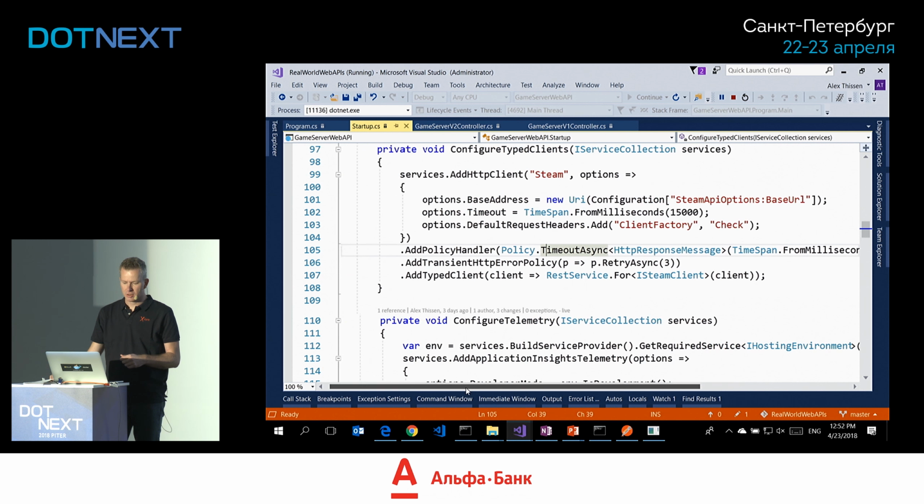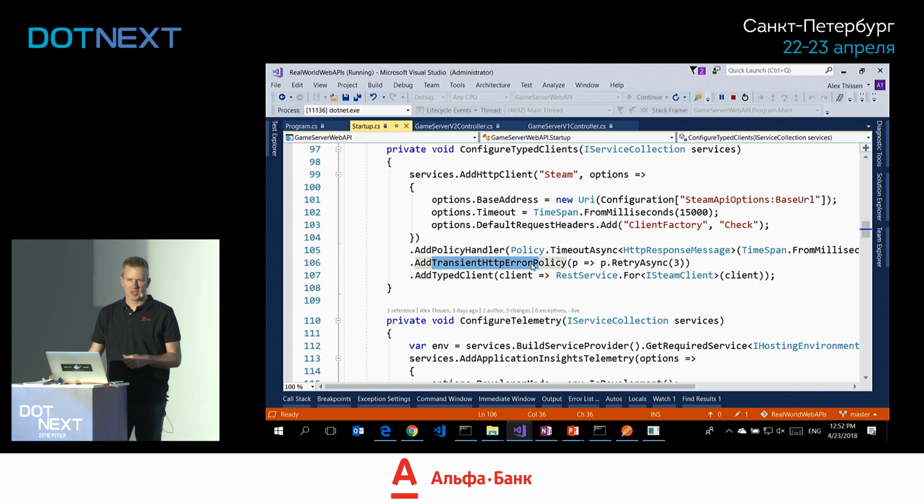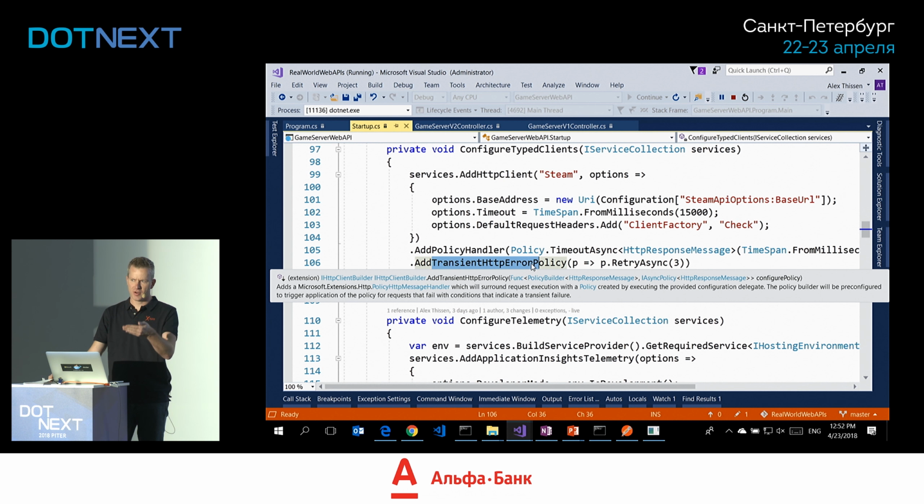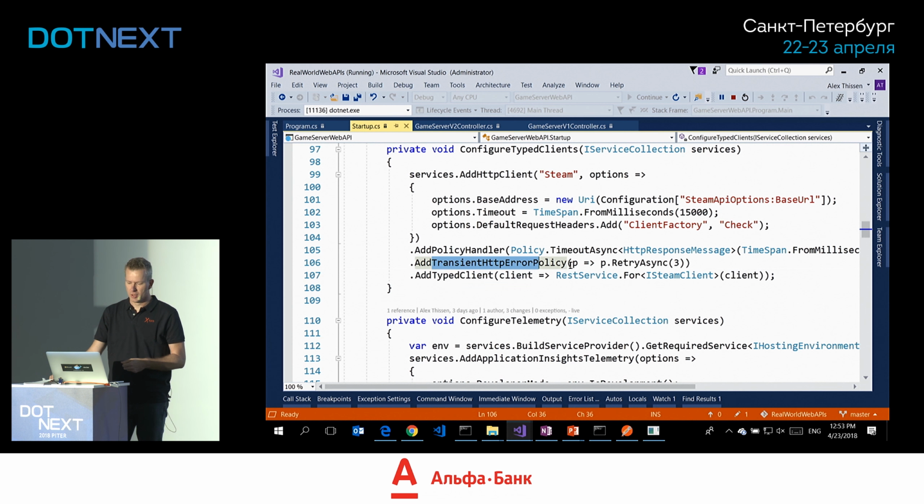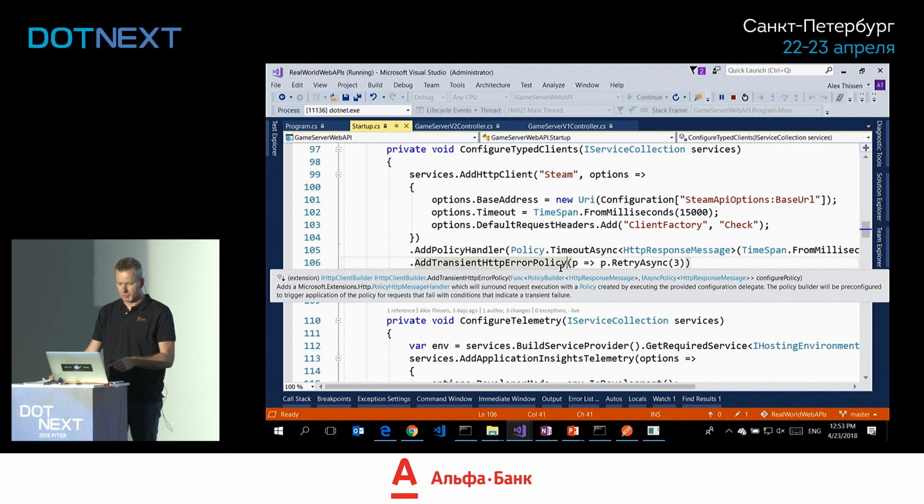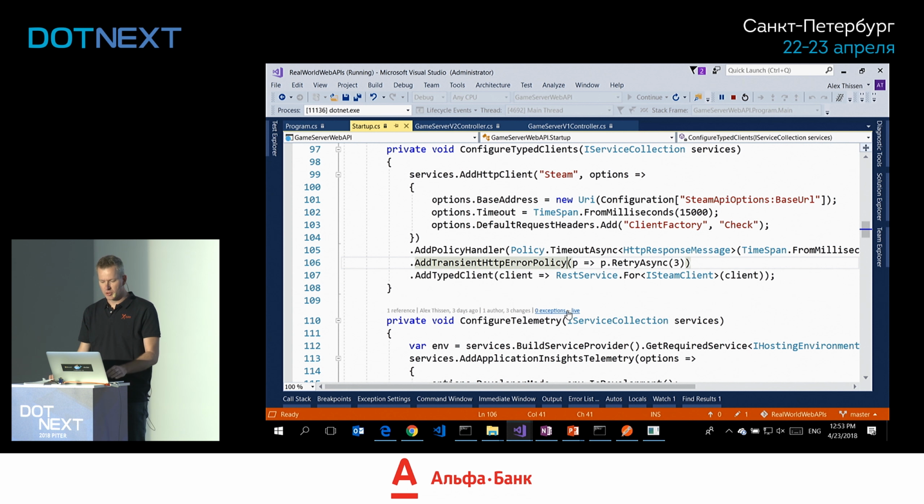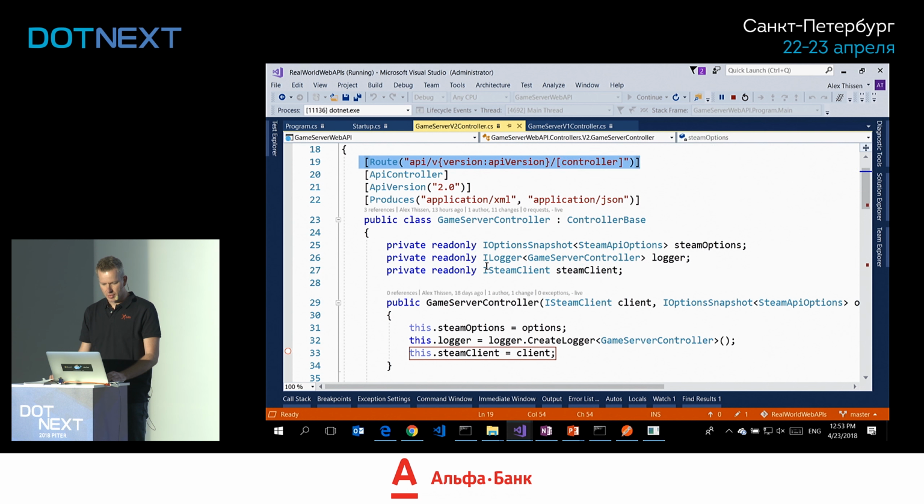We're retrying on transient HTTP errors. That's there if you have 500 and 408, 422 errors. Those are errors that indicate that we can recover from them. So with this, a new client will be created. And if we go to our controller again,